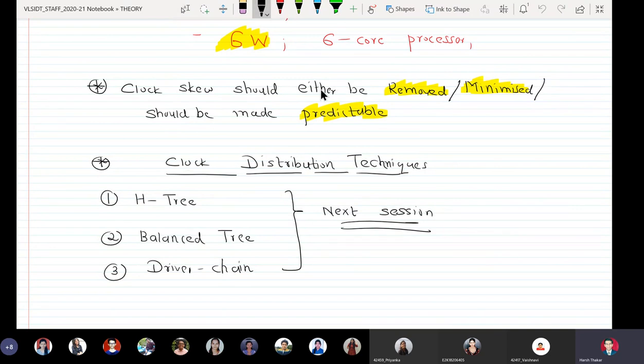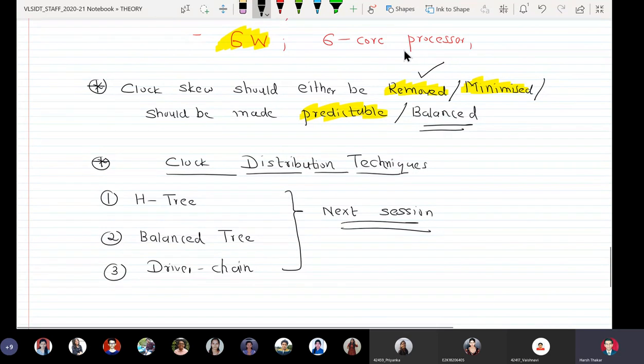If possible, clock skew should be removed, that is, made zero. If it cannot be removed, it should be minimized, or at least it should be made predictable or balanced.